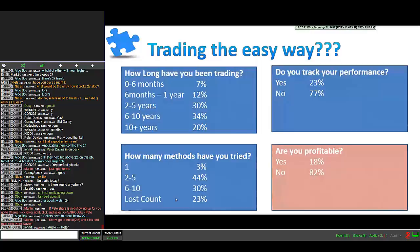Doesn't mean you're going to make that money. Doesn't mean I'm going to make that money. I'm just telling you about people I know who actually do this for a living. They're all day traders, all very short-term traders, trading the techniques that I'm going to talk to you about shortly. And I tell you that because this easy way to trade thing is not